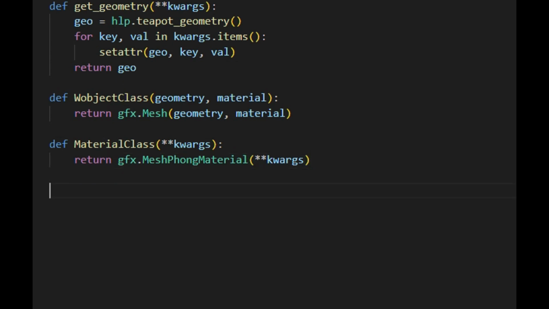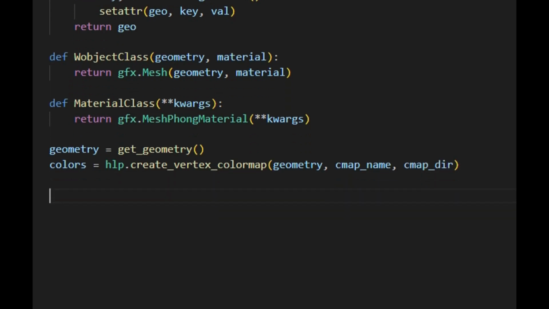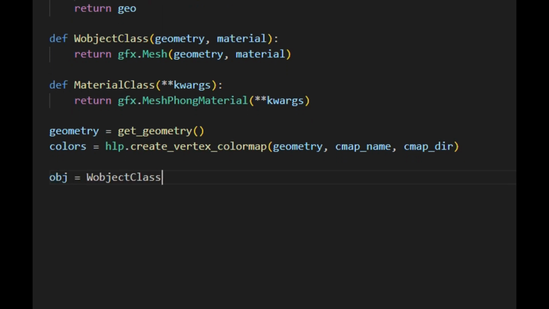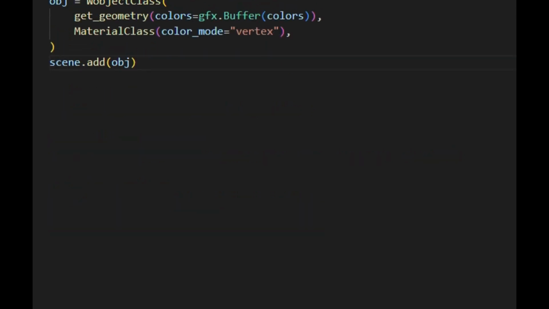In the following code, we create a geometry without arguments and use it to generate the vertex color by calling the createVertexColorMap function implemented previously in the helper module. Subsequently, we generate a 3D object with the specified geometry and material. Here, we pass the color map data to the geometry using the GFXBuffer function and set the material's color mode to vertex, indicating that we'll use the geometry colors buffer with one color per vertex